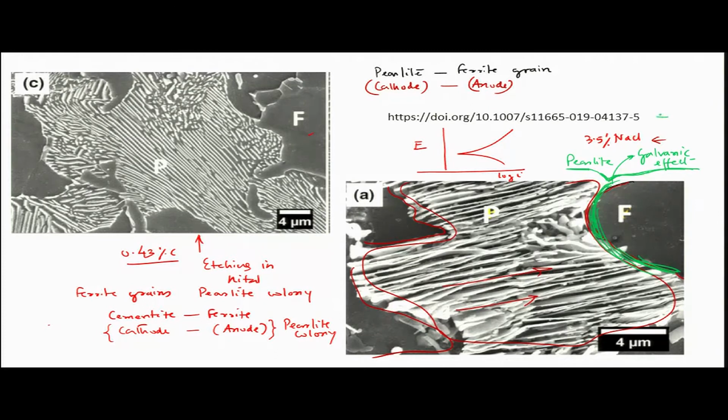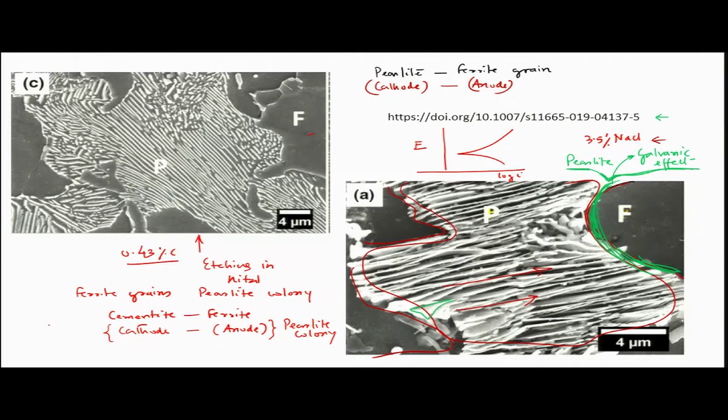Again, if you want to see this particular paper, you can see this, this is also our work. Now, this happens between pearlite colony and ferrite grain, but in the pearlite colony we have selective dissolution of those ferrite lamella, leaving behind standalone cementite. You would see this cementite plate has bent because gradually you are taking away ferrite in the form of iron ions into the solution, leaving behind those standalone cementite plates.